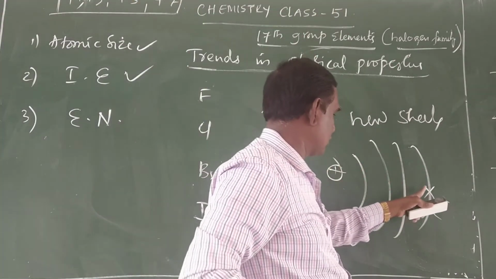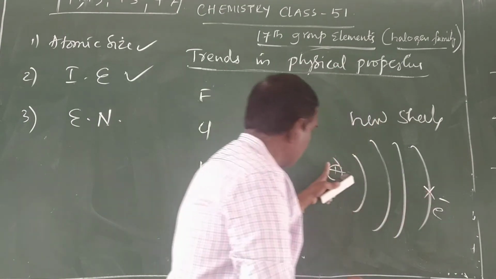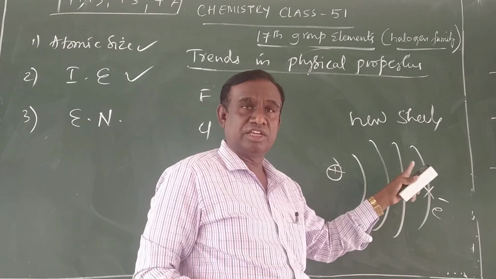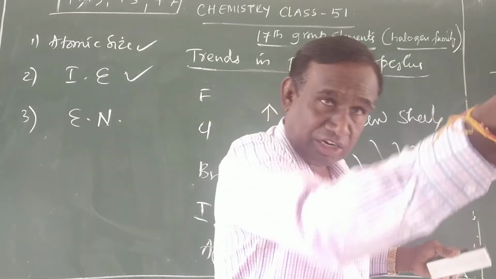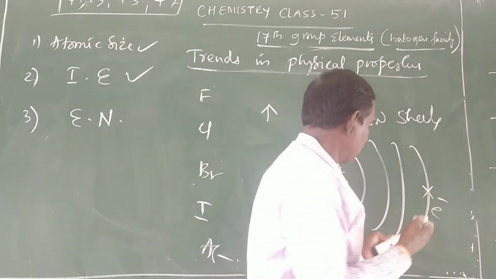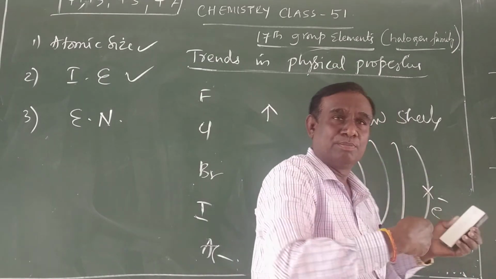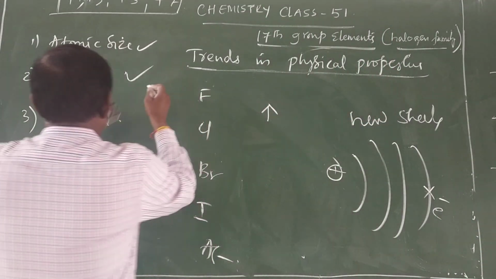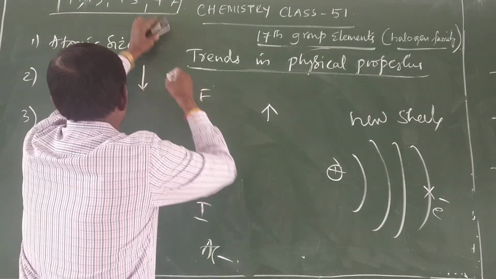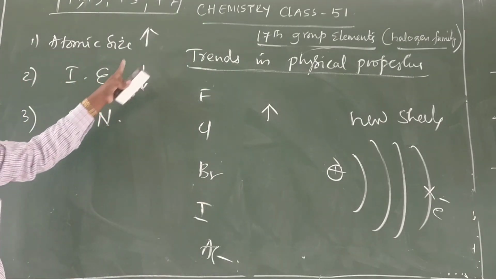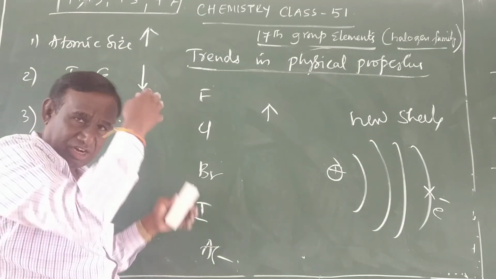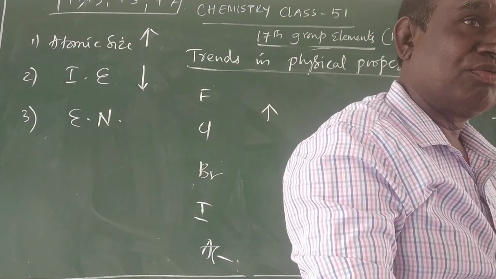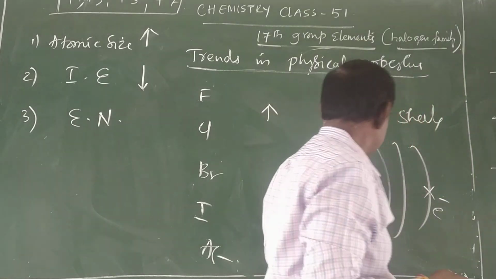As the atomic size increases, the outermost electron is far away from the nucleus, and the nucleus does not have much control over it. Therefore you can knock out the electron easily by giving a little amount of energy. That means ionization enthalpy decreases down the group, because as the atomic number increases, atomic size increases, the effective nuclear force decreases, and the nuclear force on the outermost electron